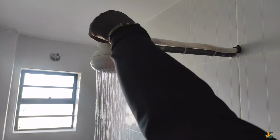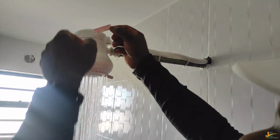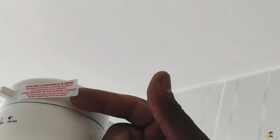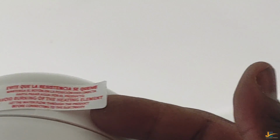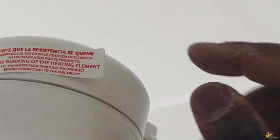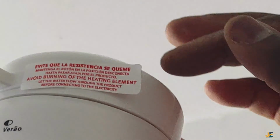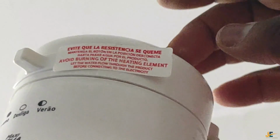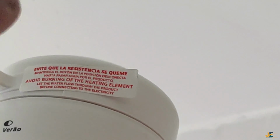So this sticker, I told you I'll explain why. As you can see, they always make sure that before you start using this instant shower, you'll be able to read this instruction. If you cannot remove this sticker, you will not be able to adjust the heating regulator from cold, from warm to cold, and then to